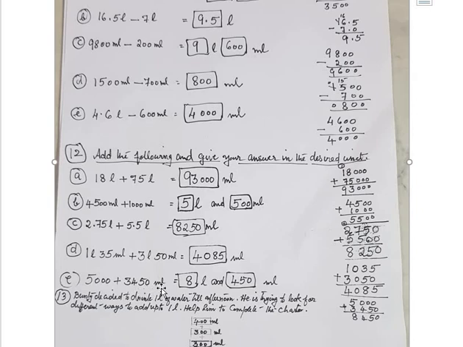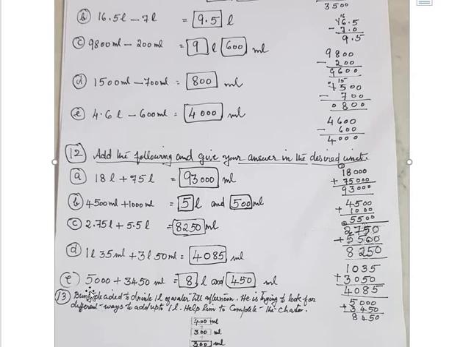Next one, 5000 milliliter plus 3450 milliliter. A question is given in milliliter and answer asking in liter and milliliter. So first we will add 5000 plus 3450 equal to 5 plus 0, 0, 5 plus 0 is 5, 4 plus 0 is 4, 5 plus 3 equal to 8. And the question is in milliliter, so we will remove 3 decimal places from right to left, 1, 2, 3. So 8 point means 8 liter 450 milliliter.